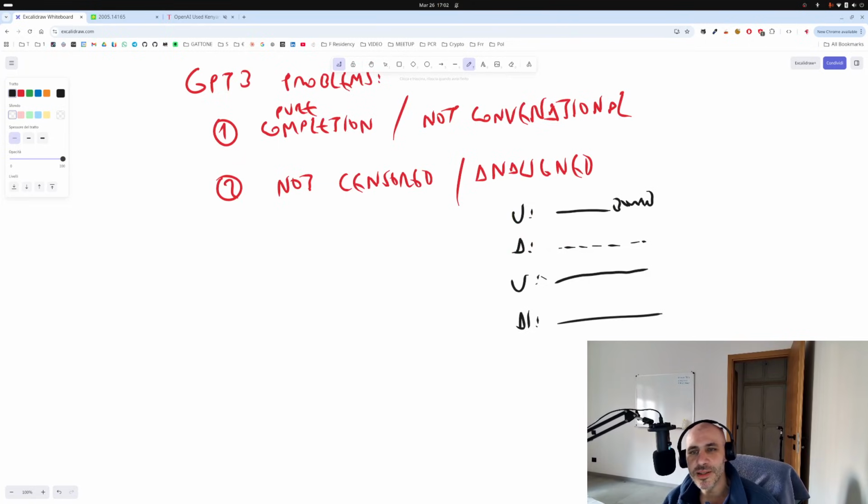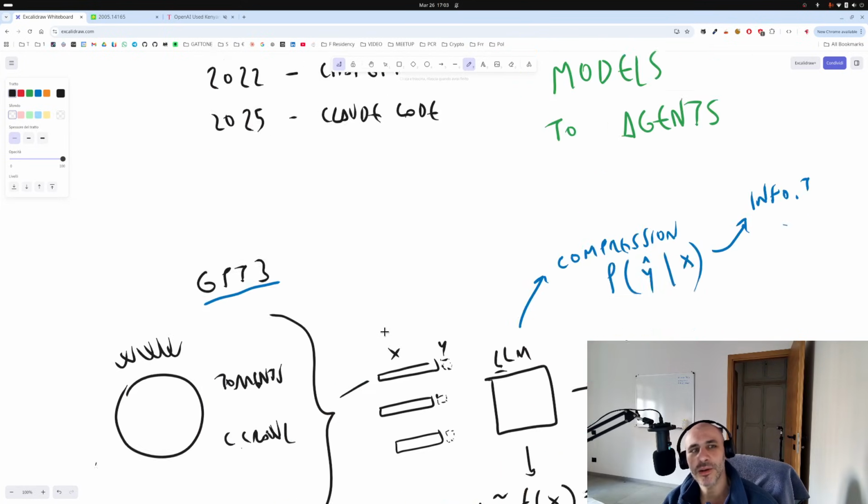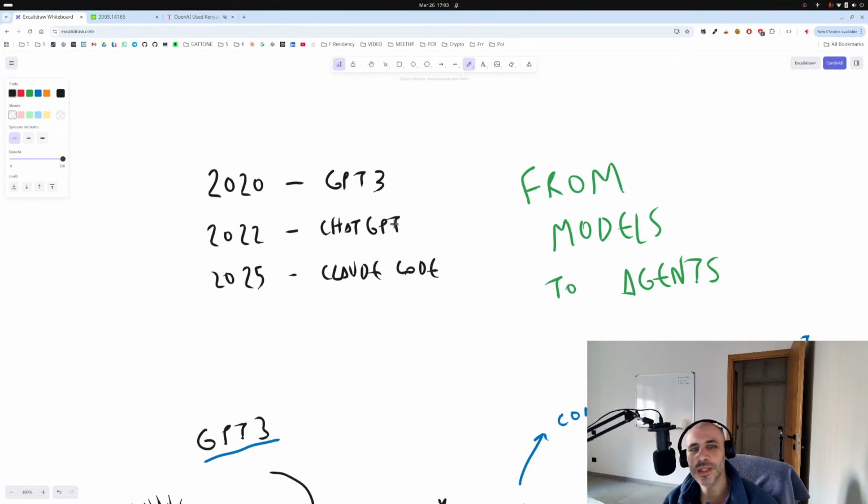So these third world workers would write turn-based conversation, with a censoring profile around the conversation. And this is mainly how they made GPT-3 less toxic and made the conversion to ChatGPT in order for the model to be used by everyday users.